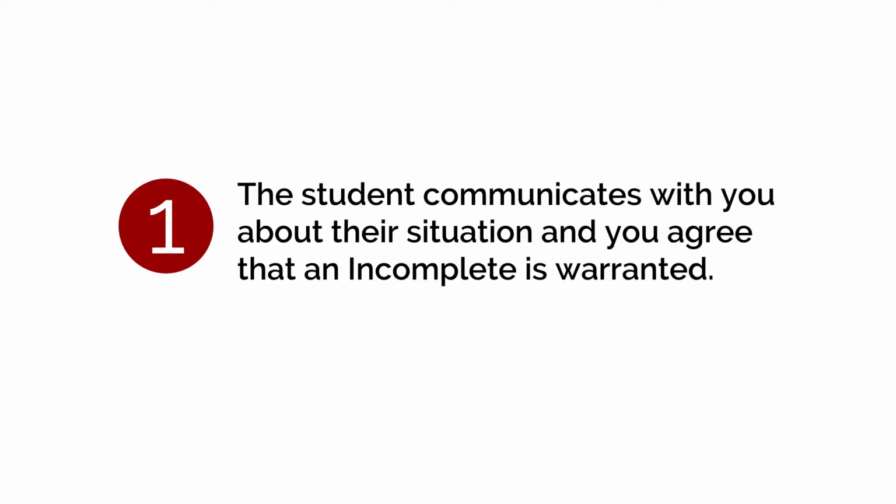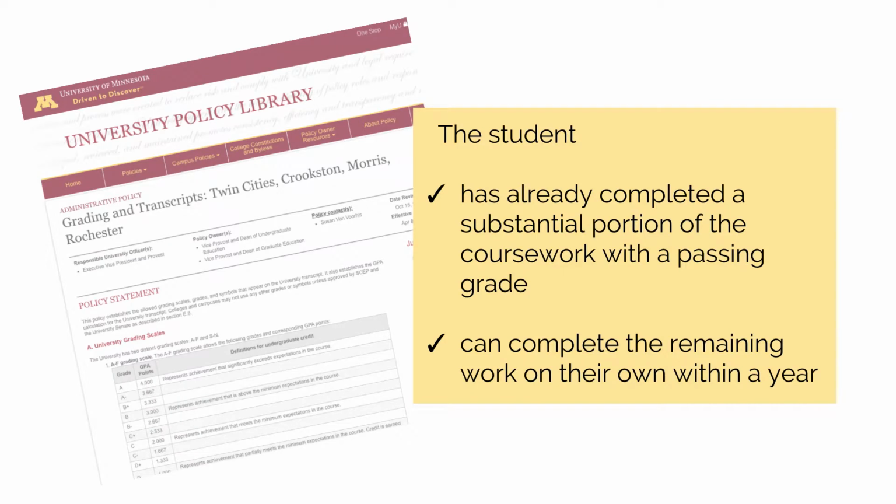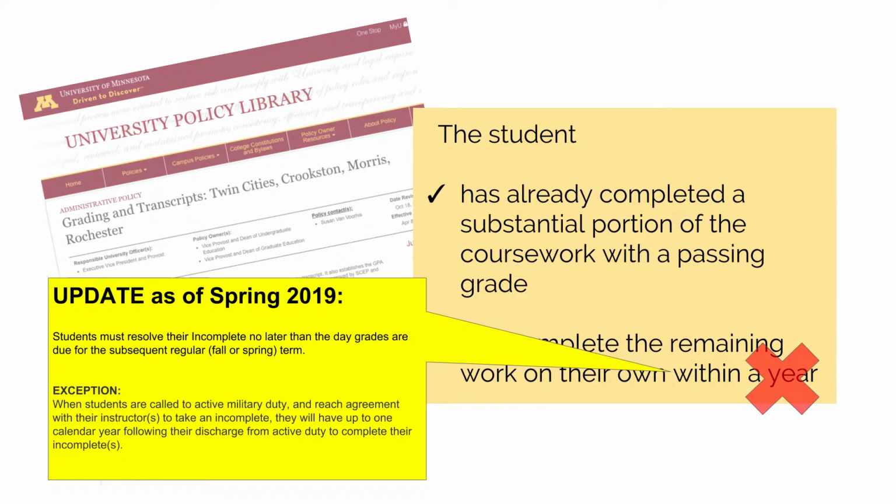First, the student needs to communicate with you about their situation, and you need to agree that an incomplete is warranted. University policy says that an incomplete is appropriate when the student has already completed a substantial portion of the coursework with a passing grade and can complete the remaining work on their own. An incomplete is not allowed if the student would need to retake the course in order to resolve the remaining